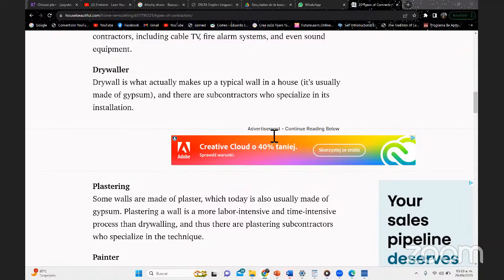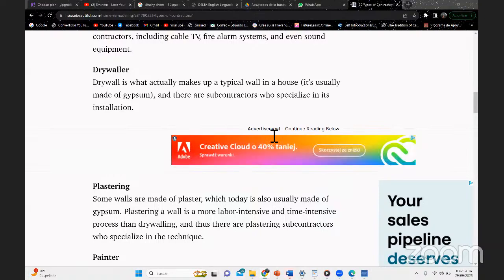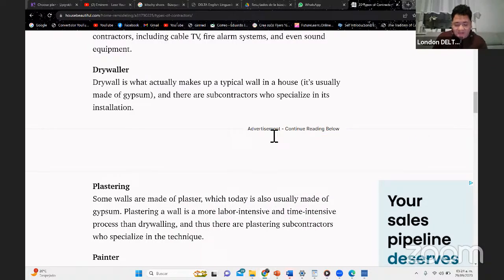Drywall is what actually makes up a typical wall in a house. It's usually made of gypsum, and there are subcontractors who specialize in its installation. Very well, that's drywall. Drywall, it's tabla roca, okay? So it's a drywaller, sería como un tabla roquero. And it's specialized in